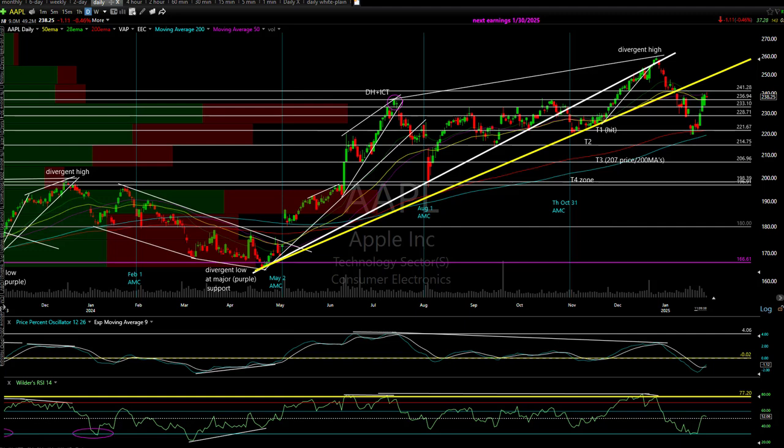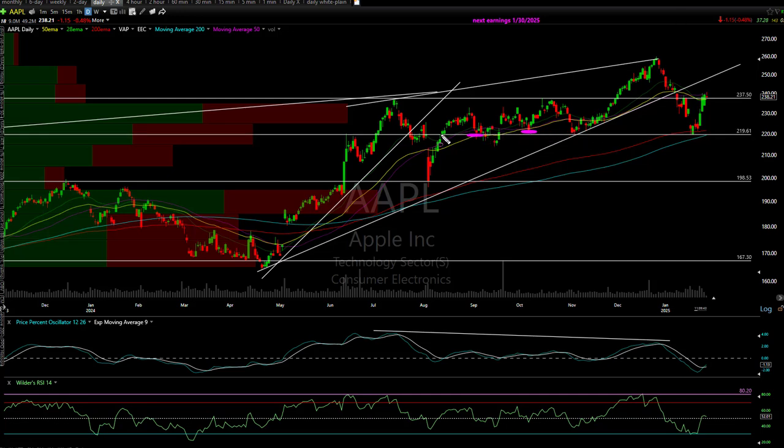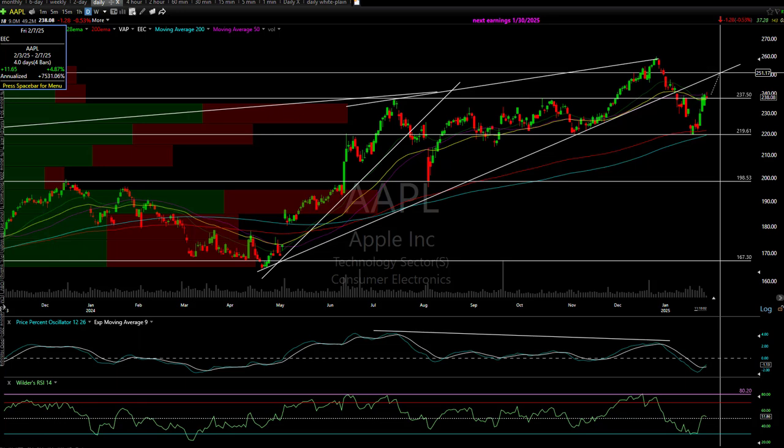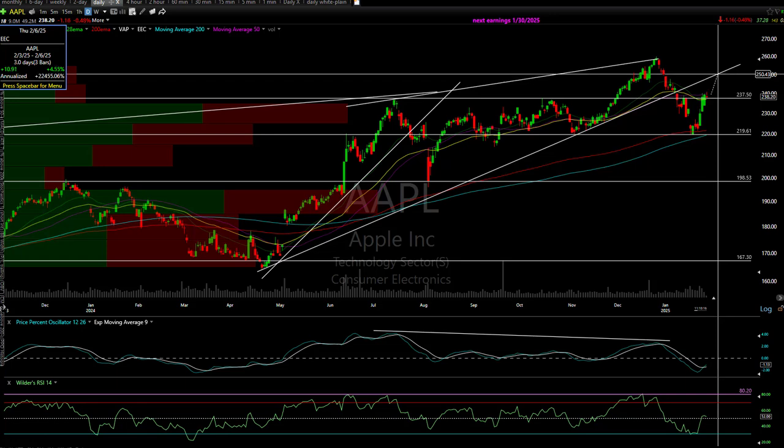All right, but let me go back to this chart right here. I do see a level, and I had it there. I want to add, that's really nice support. You have these reaction lows, reaction high right there, big old gap, top of a gap. And the 200s. This is such a big level for Apple right here. I can't even stress the importance of this level. Now, Apple can go up if they beat tonight, and then we rally tomorrow into next week. Your first pretty good resistance level is that trend line. So a back test of the uptrend line, that would be about a 4 or 5%,